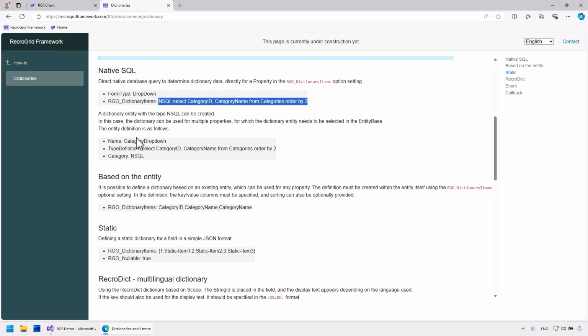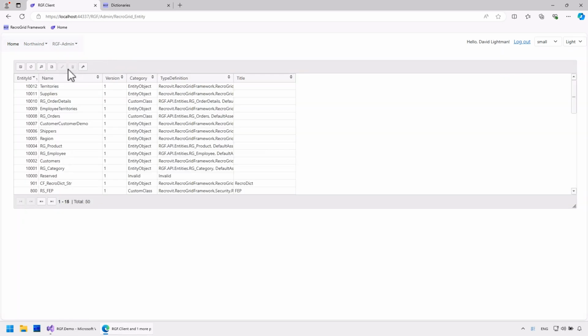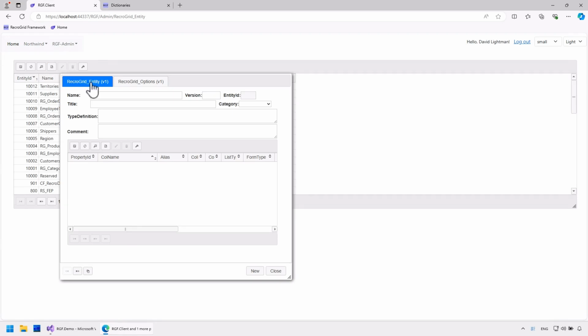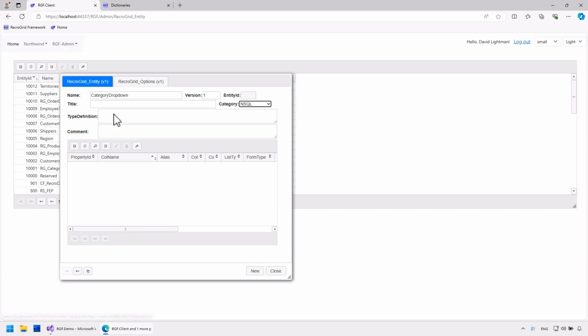I have defined this dictionary directly for a field, but it's also possible to create it globally, allowing the same definition to be used for multiple fields. To do this, I will create a new entity with the category set to NSQL. And define the query here.